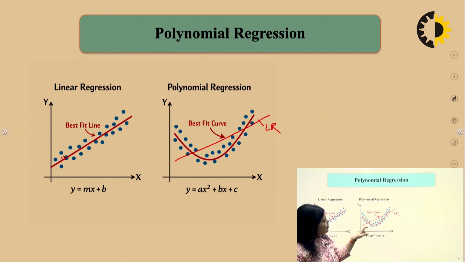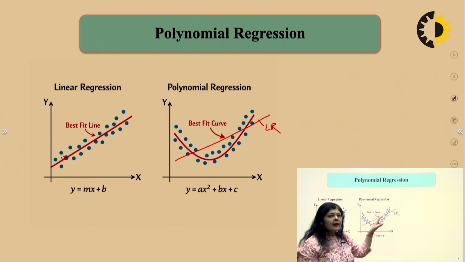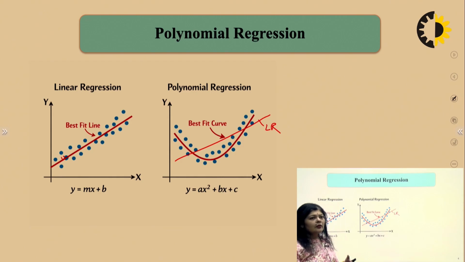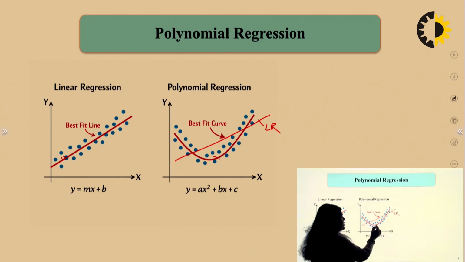While this curve is actually going through almost all the points, and it is covering or capturing the trend of the data. So you can see here the trend of the data in this case is kind of a curve, and by using this curve,